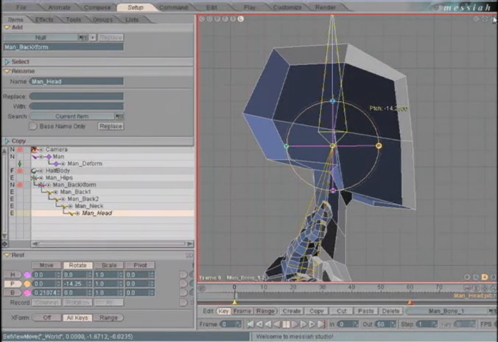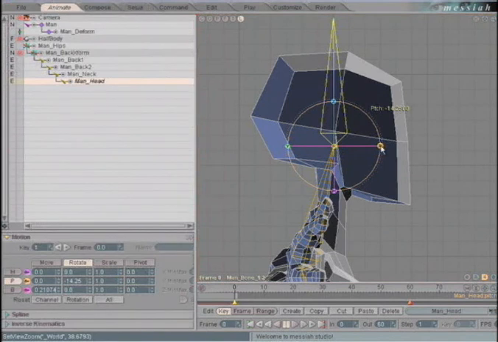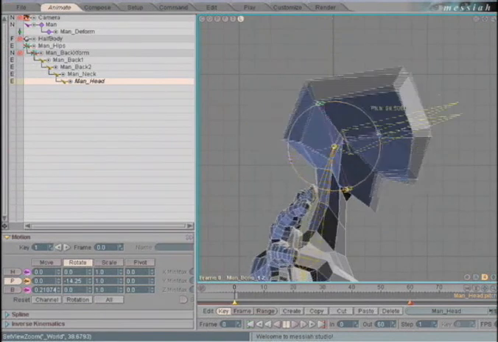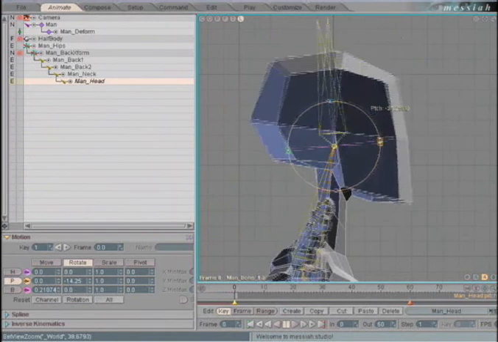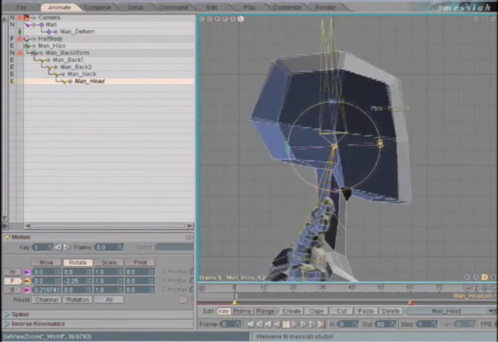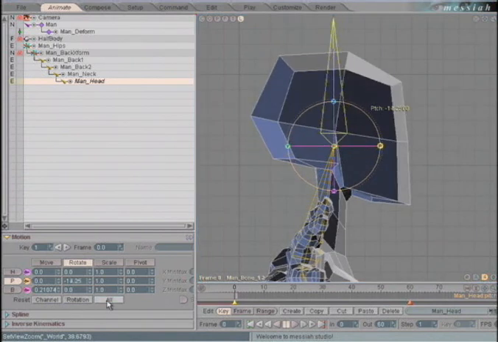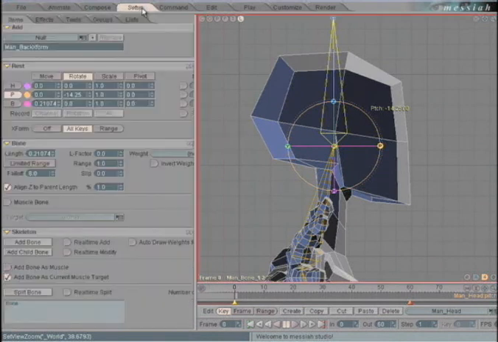Now at any point, if you want to see how these bones distort the mesh, all you have to do is click into the Animate tab here and just grab one of the bones and pitch it forward and back. You'll see that the head is distorting kind of strange. We want to make sure that the jaw and back of the head are solid, so we're going to add what are called support bones. So let's reset the keyframe down here to its default position. Let's click back into Setup,